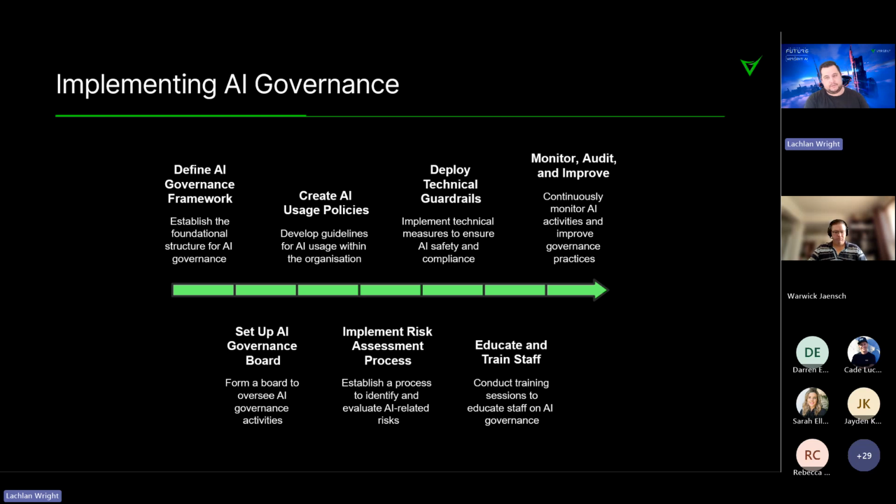And everything from who's responsible for the stuff that gets deployed and built, but also there's a degree of responsibility for everyone in your organization in terms of how they're using those tools. And so making that really clear to people about what can and can't go in and how they need to think about using AI in their day-to-day job is really important.